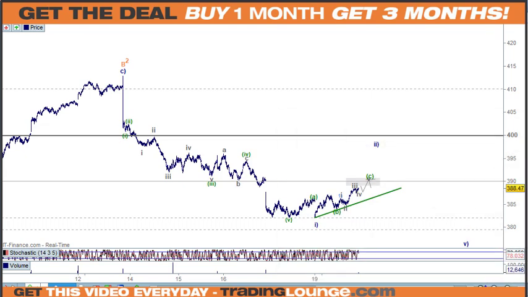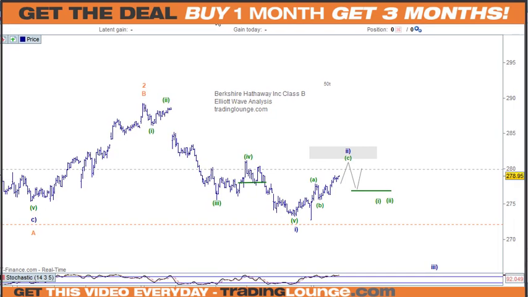Just as an example, if we look at Berkshire Hathaway, we can look at this here as 1, 2, 3, ABC for 4 and down for 5 here, so that makes it quite good, because if I put this here as wave 1 and wave 2 over here, like we're doing with the SPX at the moment, then this is already rallied, already gone past the 61.8%.